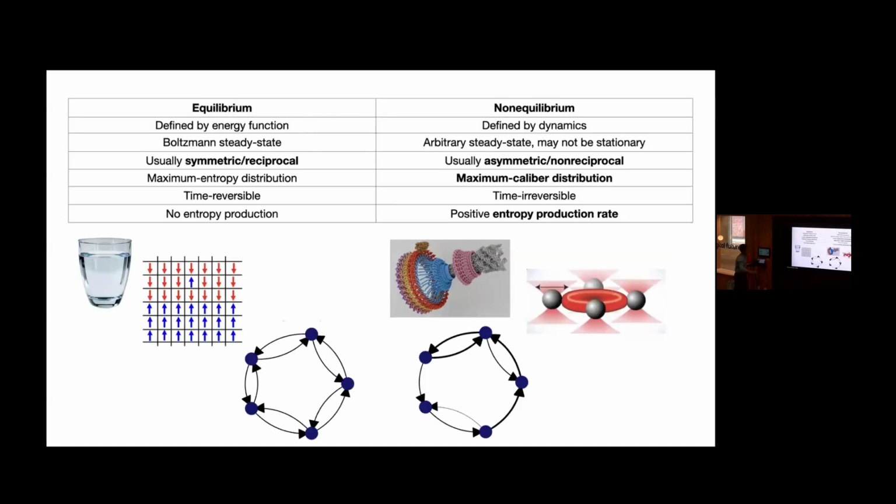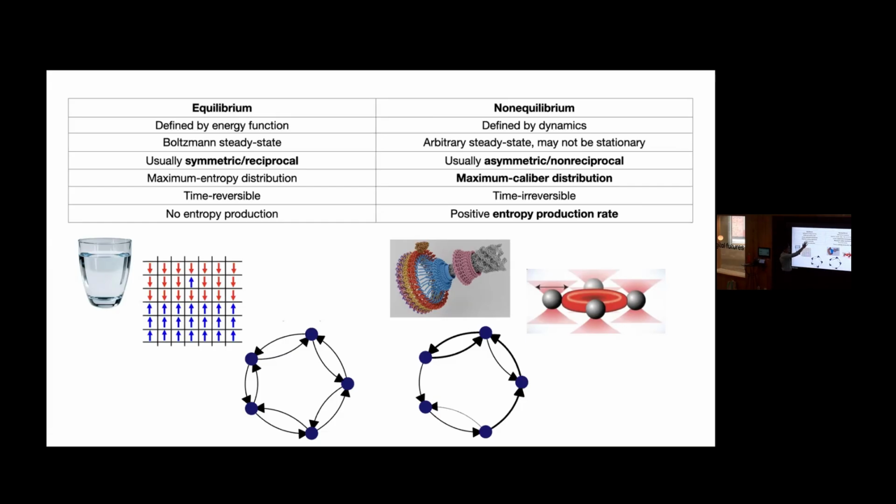Okay. So here's kind of a summary. In equilibrium, the systems are defined by an energy function, whereas non-equilibrium ones are defined by their dynamics. Equilibrium systems always have a Boltzmann steady state, or something that is just a rotated Boltzmann distribution. In non-equilibrium, it's arbitrary. Okay, we'll get to this, but usually equilibrium systems are defined by symmetric interactions, which is one of the reasons why this is interesting for neuroscience. When you're using equilibrium statistical mechanics, you're usually assuming that things are coupled reciprocally. And if this is not the case, then you usually find yourself in this perspective.